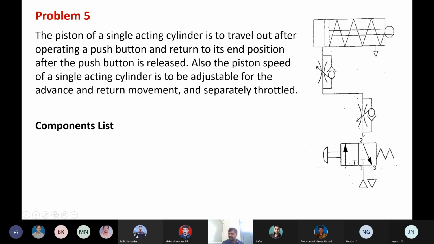Here it cannot escape, so then it has to move through this throttle. You have to turn this throttle. Again, you are regulating the flow. If you regulate the flow of air during